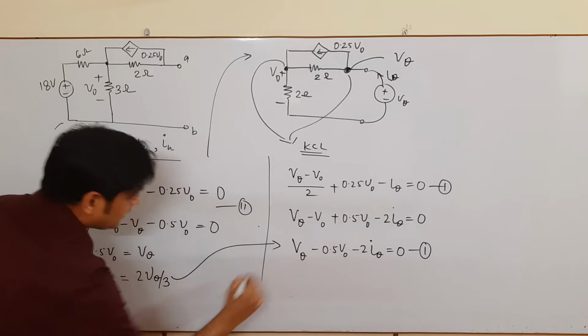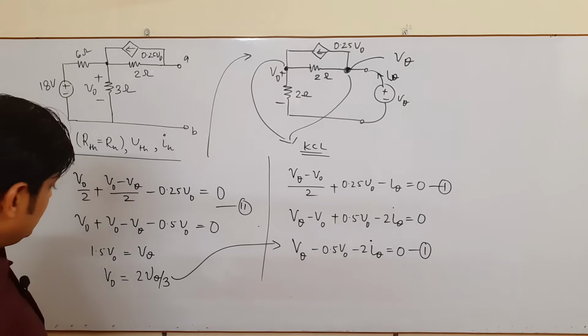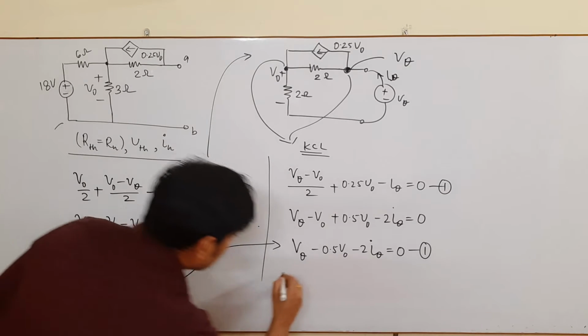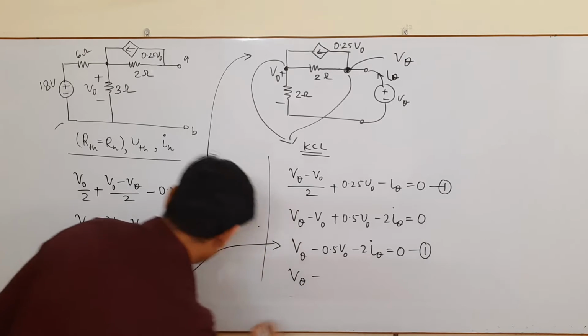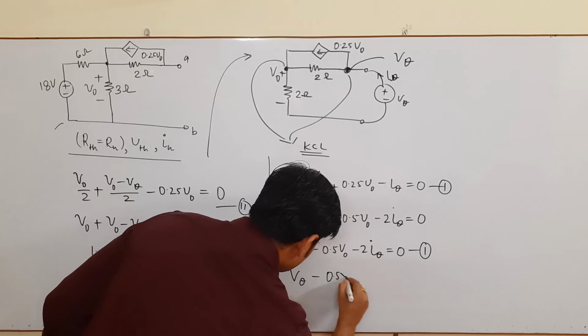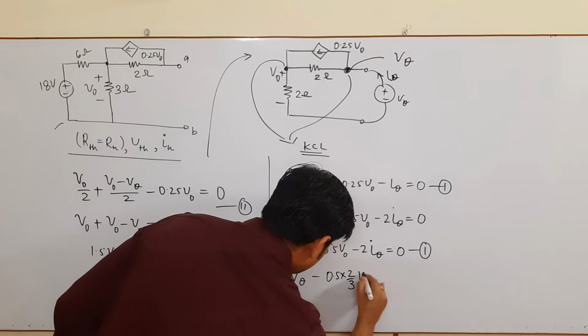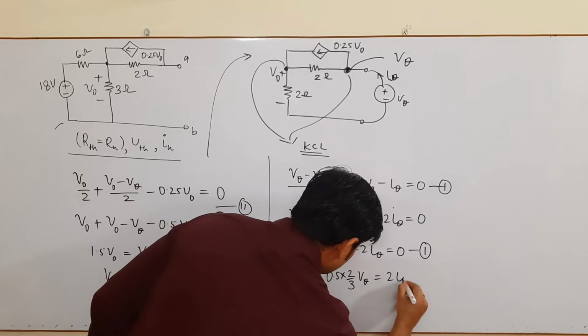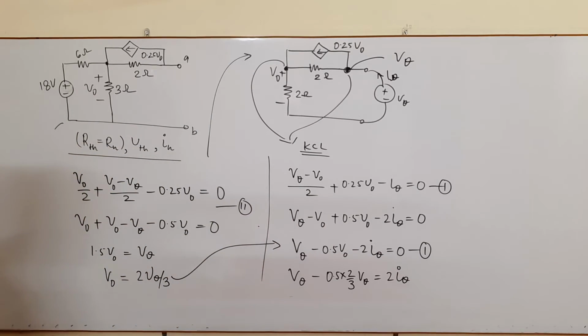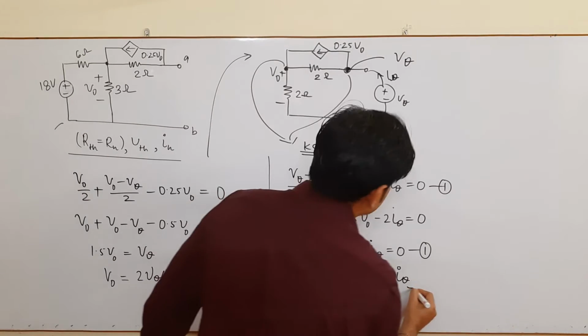We'll put this here and one can get the value. Okay, please see it is 3 by 2, so that should be 2 by 3 V naught. So the value of V naught will put here. So that comes to be V theta minus of 0.5 into 2 upon 3 of V theta, that is equal to twice of I theta. Can I say? Yes. So if you solve this here,